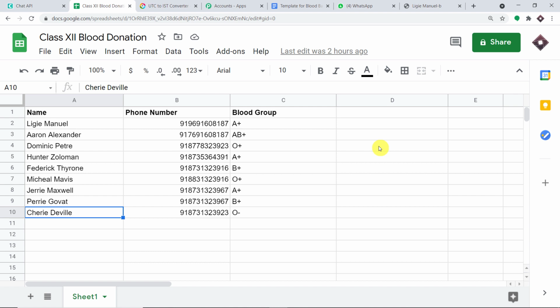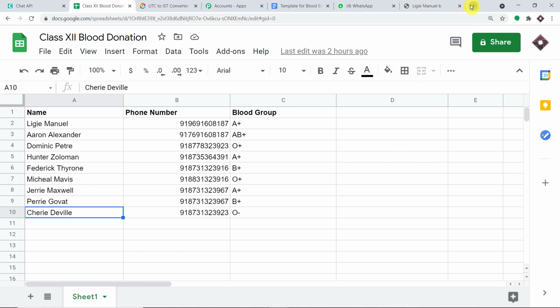Before we begin, there are three things I have to tell you. The first thing is we are using Chat API to send the WhatsApp messages. There are other options like Gupshup and many more. The second thing is Pabbly Connect doesn't own Chat API. It's a completely different software. And the third and most important thing is that Chat API is definitely not free.